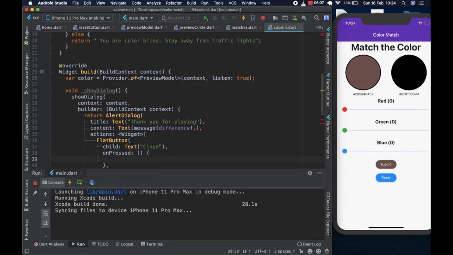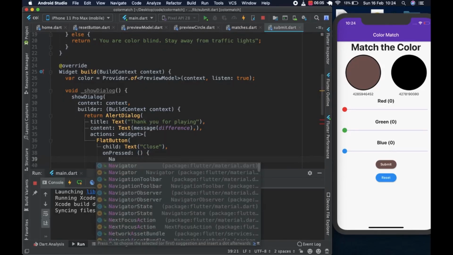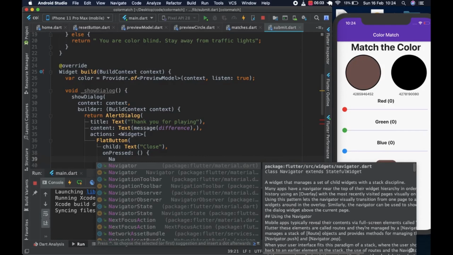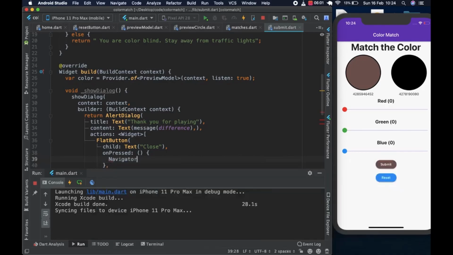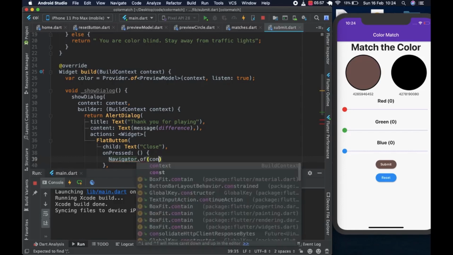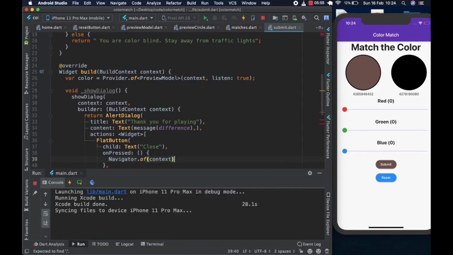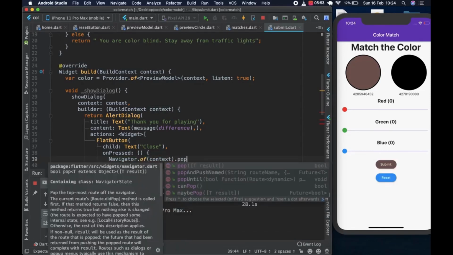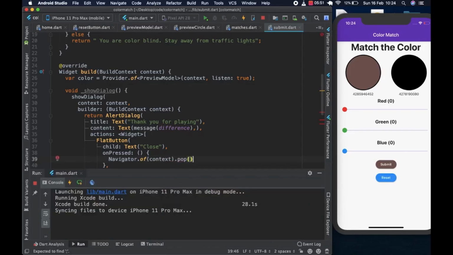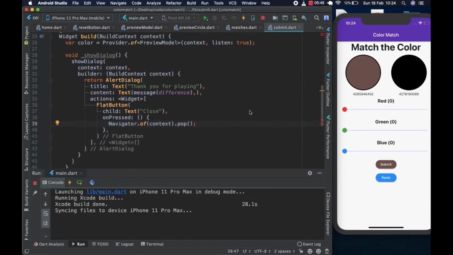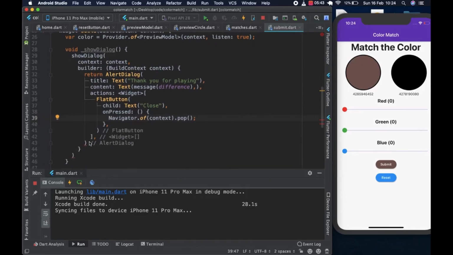it's going to close the alert dialog, so you could go with navigator dot of context so it can know where it is, context dot pop like so, and of course we have show dialog, and we need to put a semicolon here. This is that after all. And